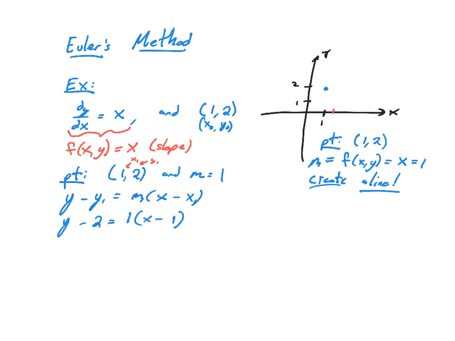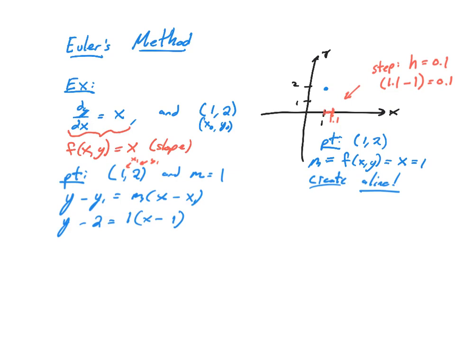Now, here's the other brilliant thing that you can do: if I want to go over, say, a small amount, let's say I'm going to go over here to 1.1. All right, so right there, I say that my step is going to be h, which is 0.1. But remember, your step is really going to be 1.1 minus 1, which is 0.1. So believe it or not, that distance right there is the step size.